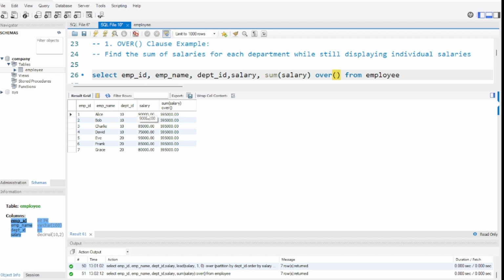While doing group by, we were doing it based on the group and we were just collapsing it. Okay, but in case of over, you are not collapsing it. You are calculating the aggregate functions. You are calculating the salaries, total salaries, average salaries, but you are also keeping their individual salaries. Okay, so you are going over every row. Okay, so I hope the concept is